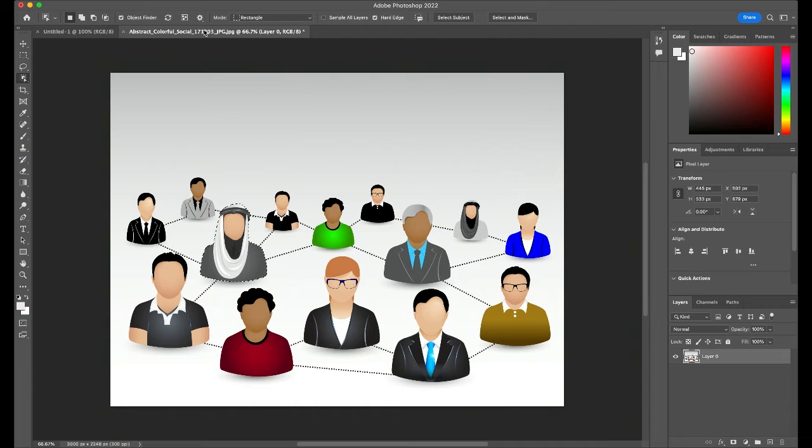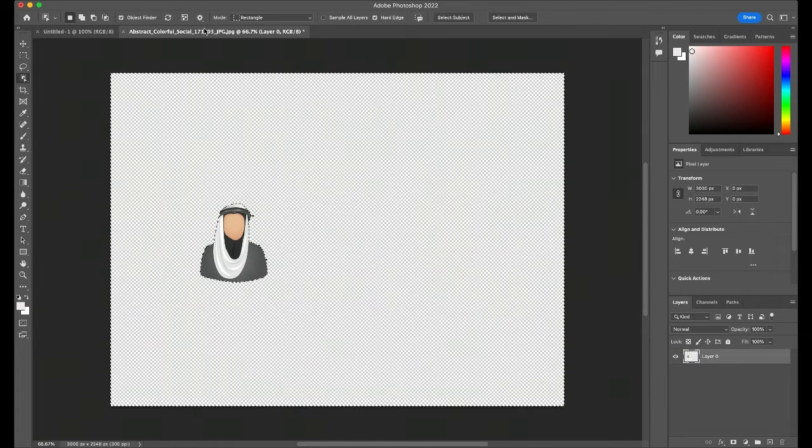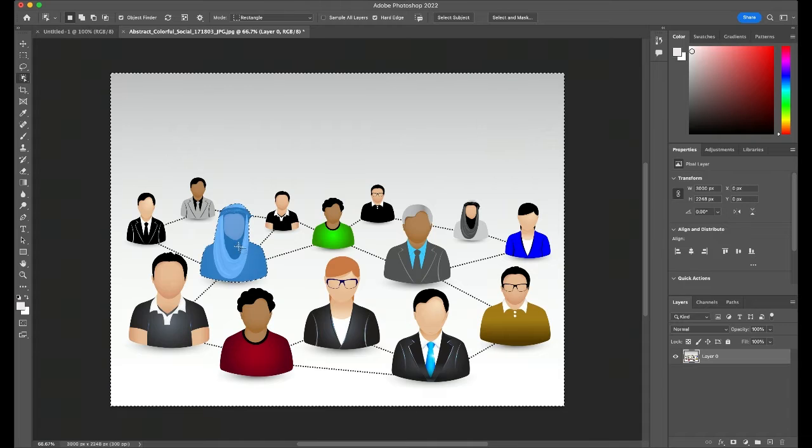So let's go up here and let's inverse and watch what happens. I only wanted that particular picture. Now, let's do an undo. So we're going to undo. And now, if I want to add to this, I hold down Shift. And if I click